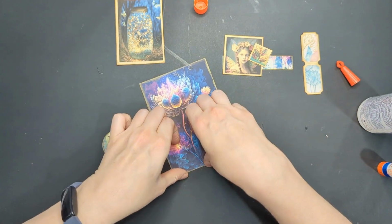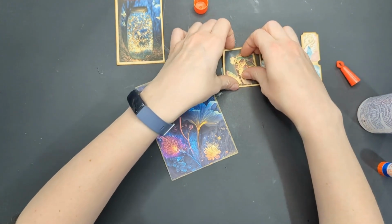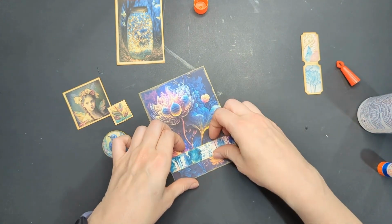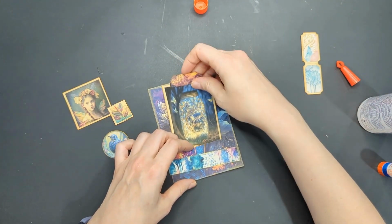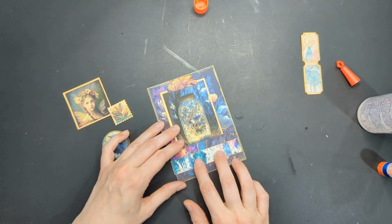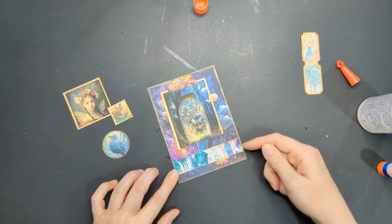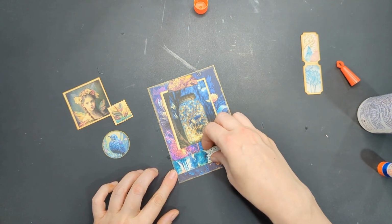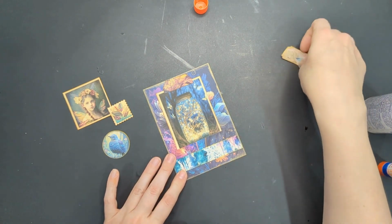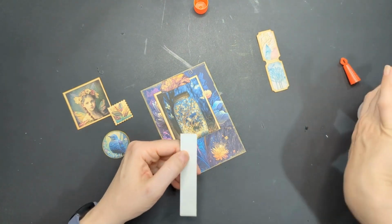Let's go back to the pocket here. There are several pieces that attach to the front of the pocket. We've got a little stamp, we've got this cute little fairy girl, and this little band. But this band, actually let me tuck this in here so I can see the top of the tag, or top of the pocket. It's totally disappeared. I want to center this kind of on the pocket, center it top to bottom. And I'm only going to glue 2 sides of it so that it makes a band. It's probably not going to stay open all the way across, but I'm going to want to tuck the tickets in on this end. So I'm going to go ahead and